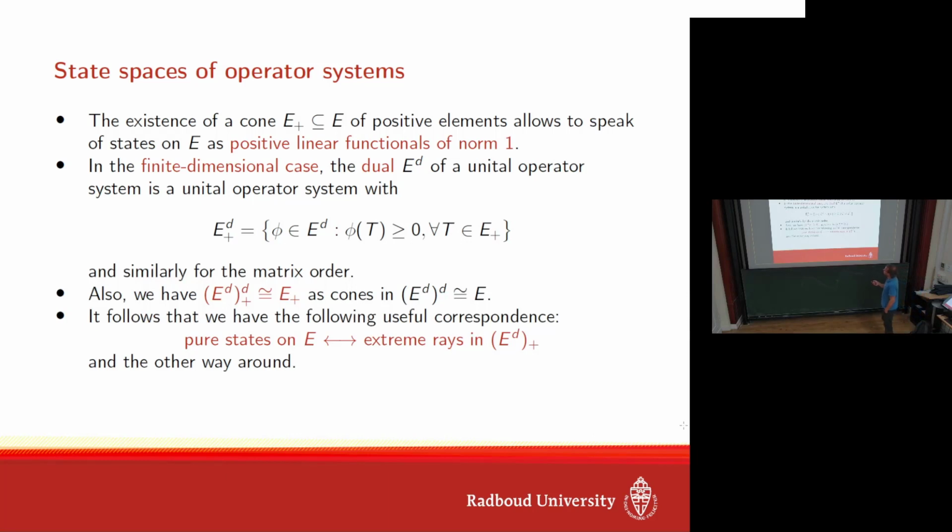The idea is that you can analyze the pure states on E by looking at the dual system and understanding the extreme rays. So if you have a good understanding of the dual, then you have a good understanding of the state space. This is what we use a lot to find this duality and the dual system. And this I will do for